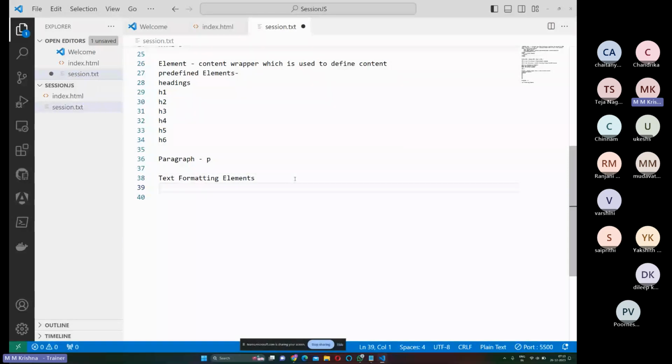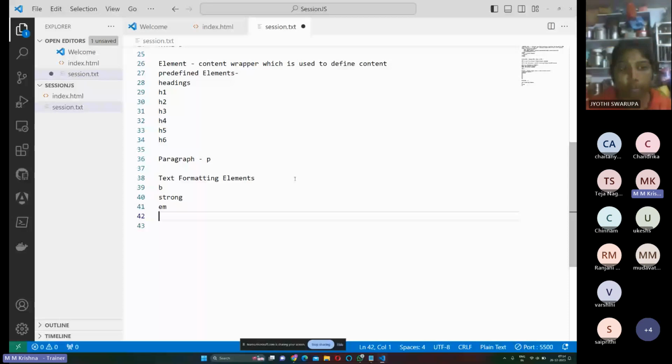When you prepare a Word document, you'll be having all these things, right? Bold, italic, and underline, inserted, all those things. So there are a lot of things like this. Just like we'll be having the B and strong elements for defining the bold tag, and EM for emphasizing, which we'll be using for italic,